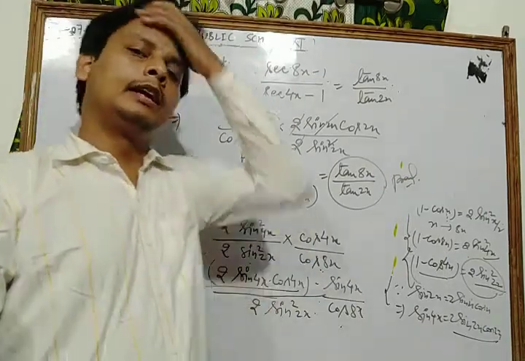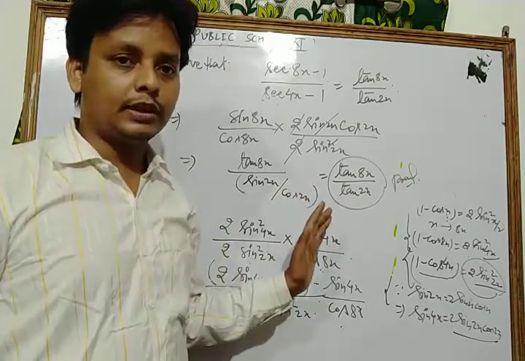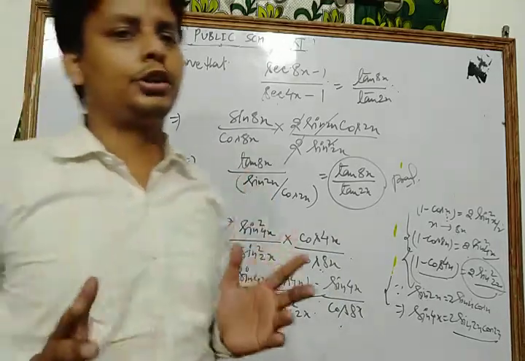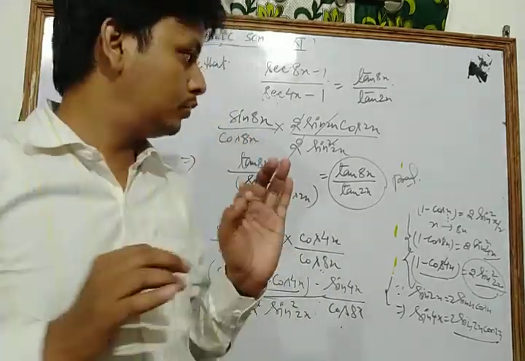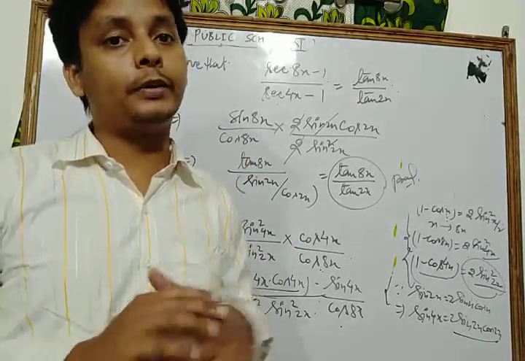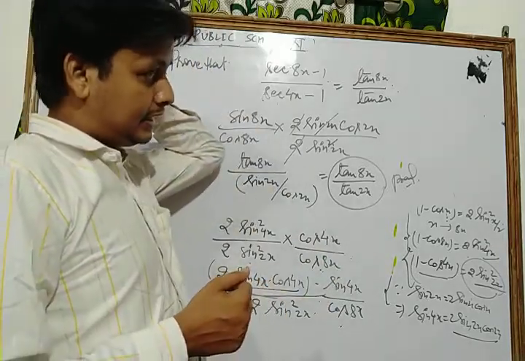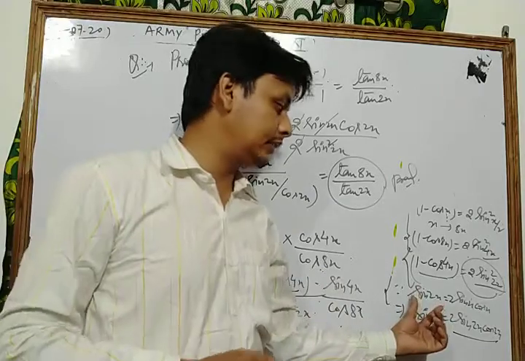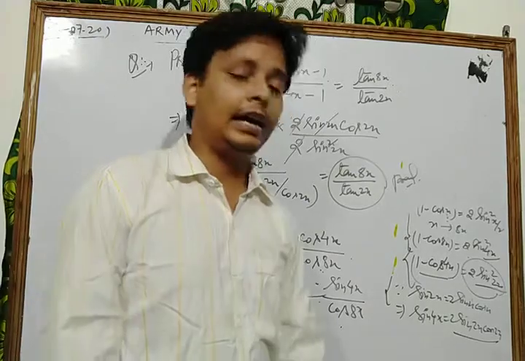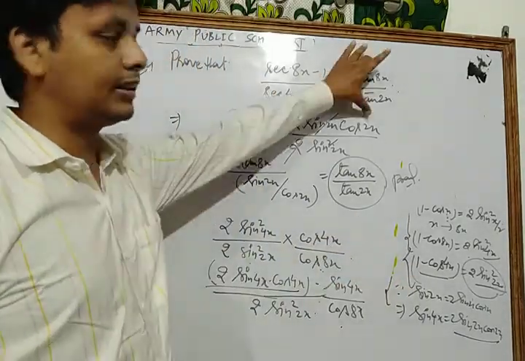So dear students, this is the concept of that question. This is a very important question. In all the questions we only use the concept of the formula and obtain the one we need according to the question. Suppose we want to find the value of sine 4x, so we write it as 2 sine 2x and cos 2x. Using that concept in the question, we get our result in this way.